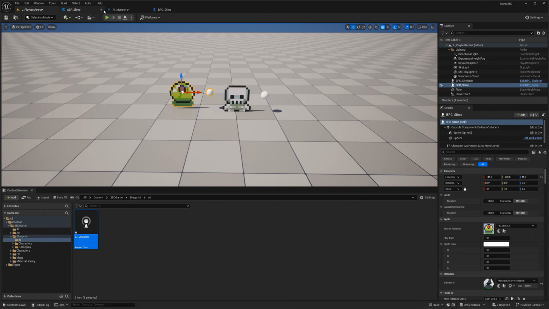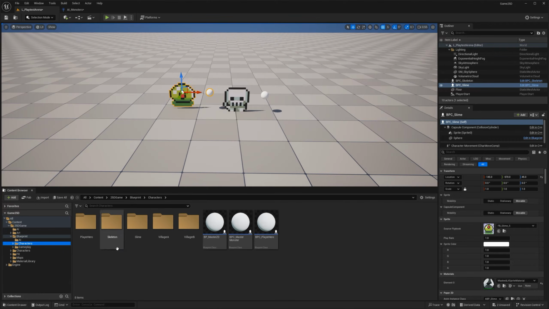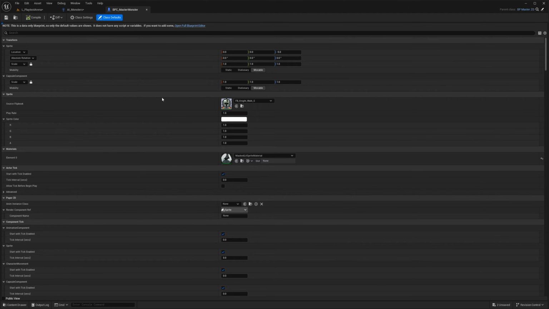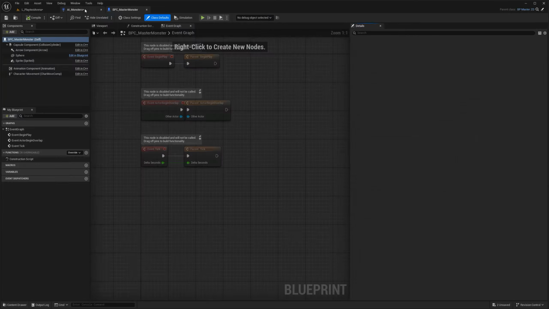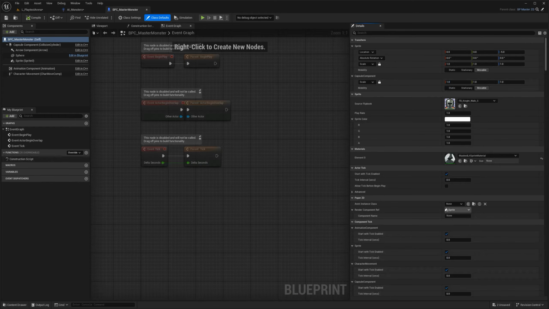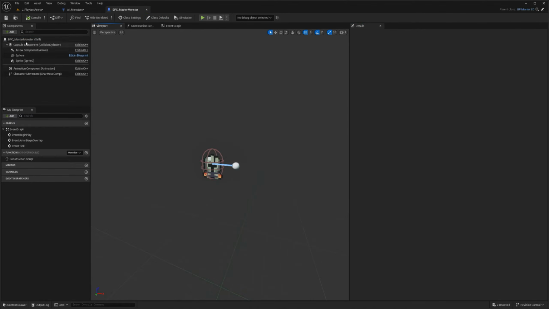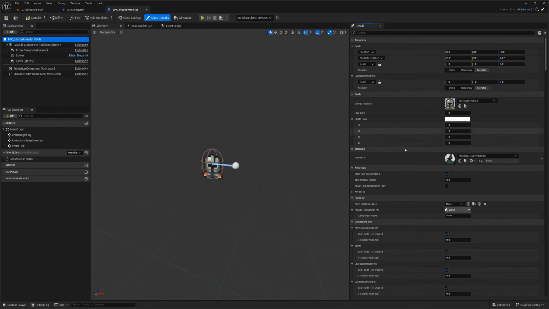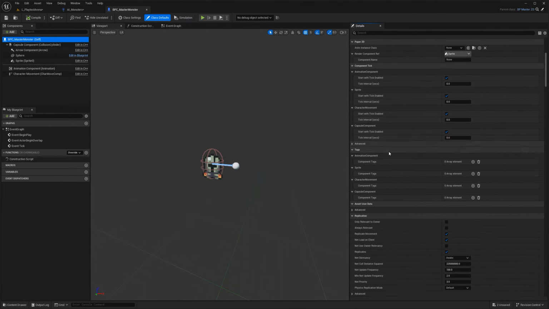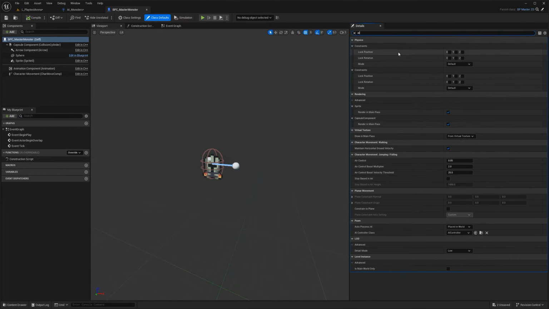I don't need this right now. I'm just gonna leave the AI, and I'm gonna go to the blueprint again, inside characters, and open the master monster. Okay, I need to tell this blueprint to use this AI that I'm gonna be designing with you. So how can we do that? I'm gonna go to my viewport. Not that it makes any difference, but if I go here to the top level and scroll down, again, it's so long, so just type AI.